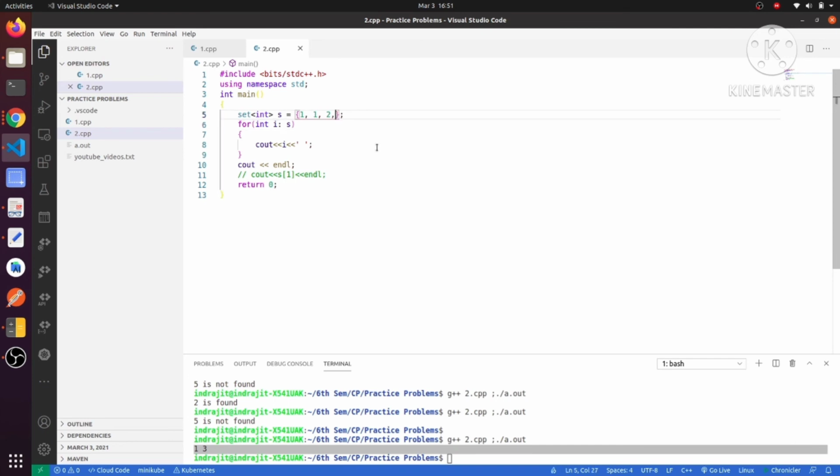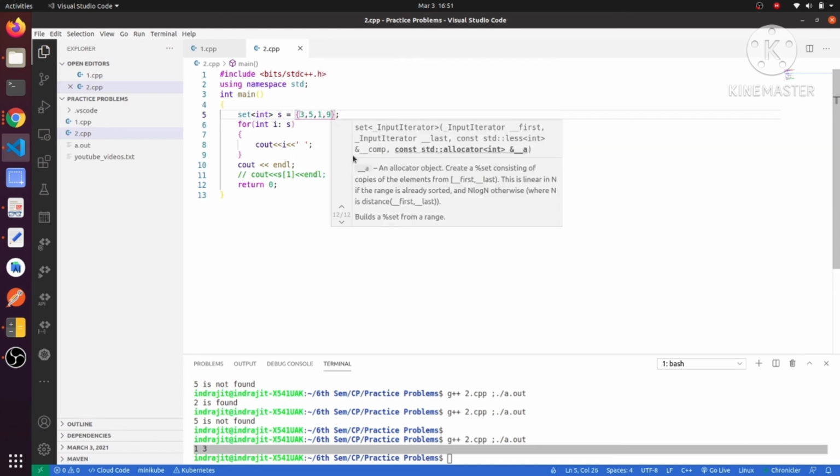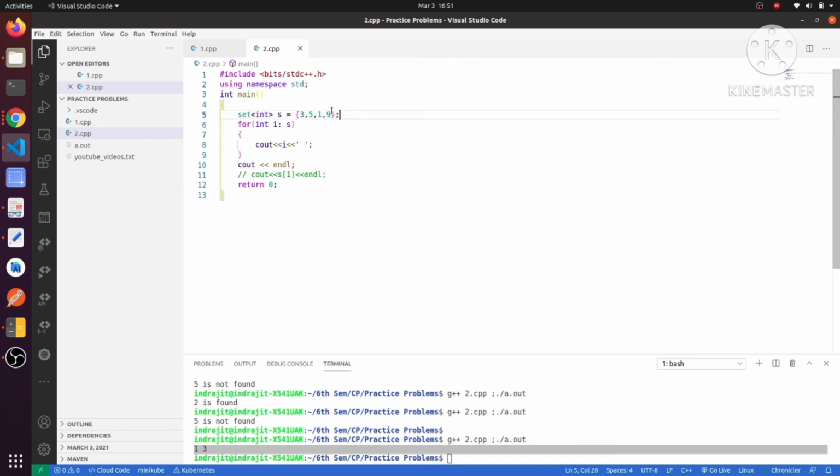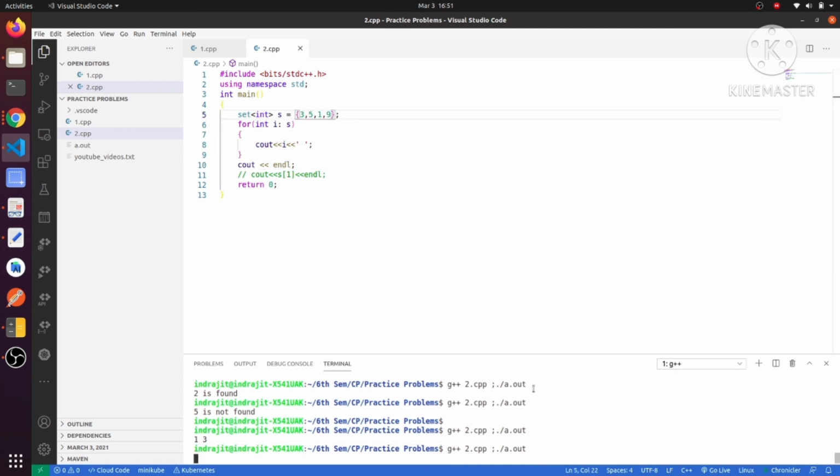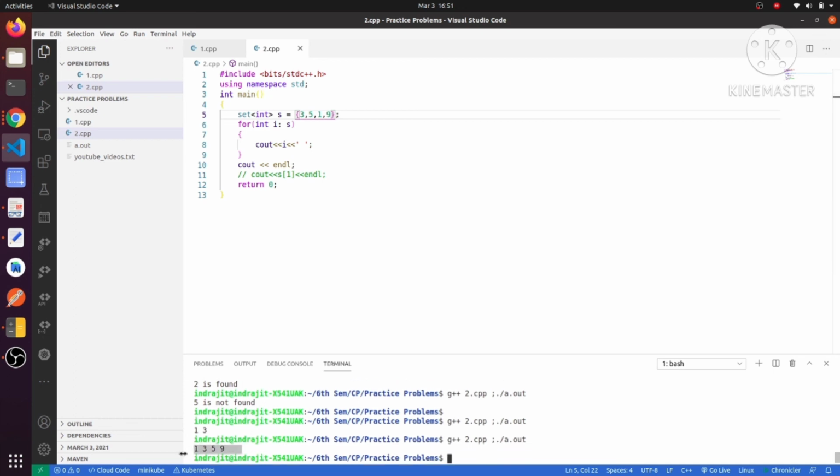So this function removes 2 from the set. You can understand this. Now I am going to show you a very interesting property of a set. Suppose I am giving 3 5 1 9. You can see that it is in unsorted order, neither increasing nor decreasing, right?